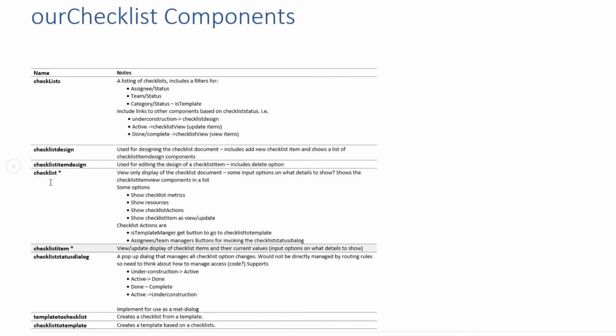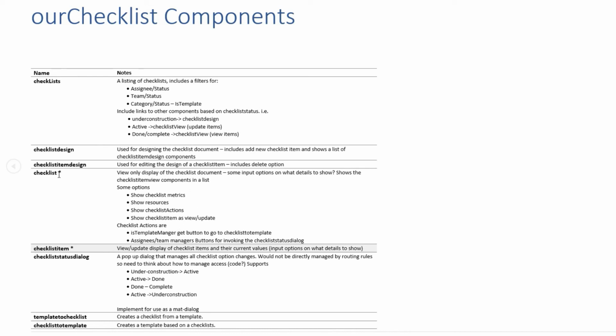But for consistency, it's probably best just to have one and have them change the interface depending on whether they are in update mode or just pure view mode, and that'll allow the updates to stay in sync without having to keep two code bases for different components in sync. So the top level will be the checklist component,